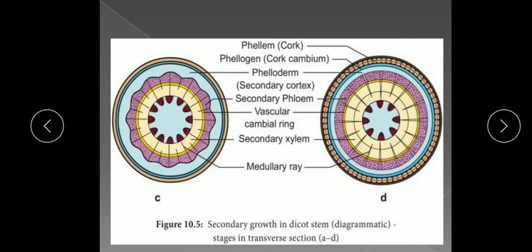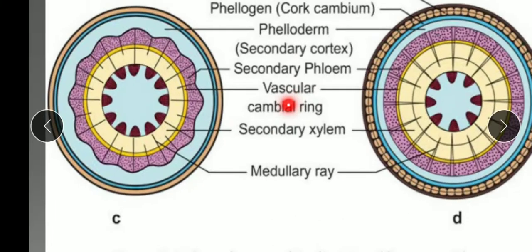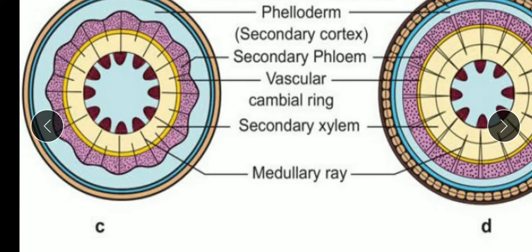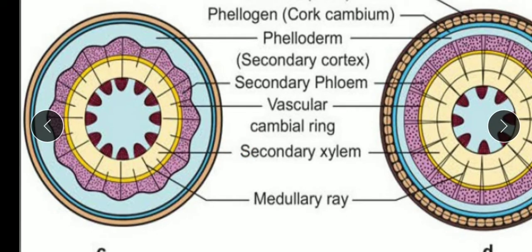Now the third, the formation of the medullary rays. What are the medullary rays? These rays are formed by the cells known as the ray initials. Just now I said that two types of cells are present in the cambium ring: the ray initials and the fusiform initials. Fusiform initials form the secondary vascular tissue, and ray initials form the medullary rays. The ray initials present inside the cambium ring are smaller and spherical, and they give rise to parenchymatous cells in a thin and narrow band.